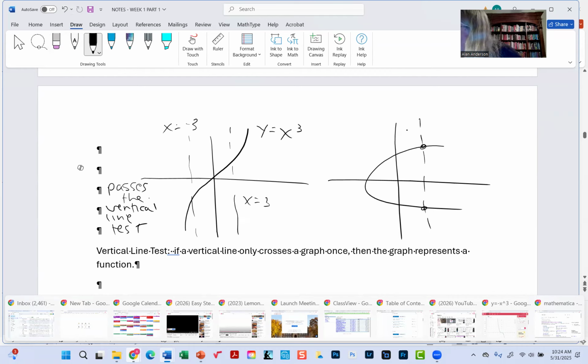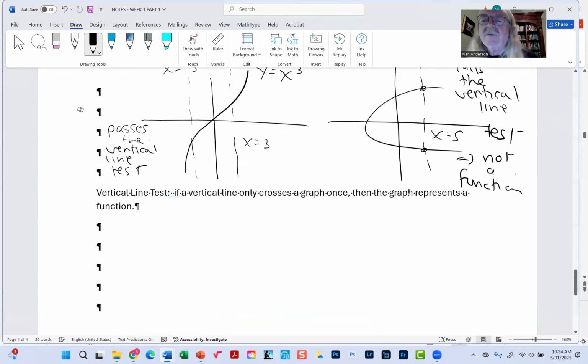It crosses this vertical line, let's say it's x equals 5, crosses the curve twice, and therefore this one fails the vertical line test. And that implies that it's not a function. So you might say to yourself, well, what is it then? Well, if you remember from pre-calc, it is still a relation. It's not a function. Any set of ordered pairs forms a relation. It doesn't matter what their properties are, but in order to be a function,